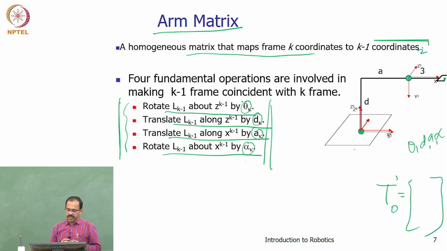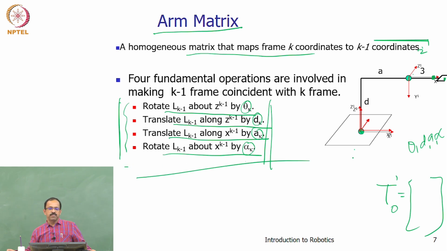So that is the next step. We can represent the transformation between these 2 coordinate frames by one matrix. If I have another coordinate frame here, I can represent that transformation by another matrix. Like this, I will be able to get all the coordinate frame transformations, and finally I can get the transformation from this frame to this frame. This is the transformation which relates one coordinate frame to the other. So we will discuss this in the next class, how to do the transformation and get the forward relationship.